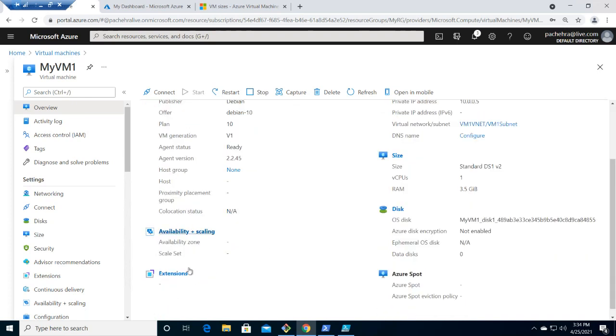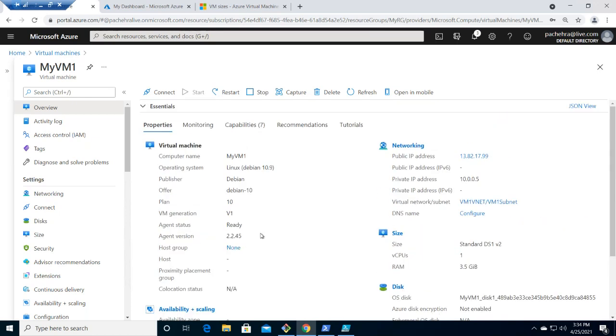Here it talks about the availability and scaling that we are not covering as of now, but Vipin and Ashish have already talked about it. This is the size that we have already talked about. Disk we have covered, like premium, standard, HDD, SSDs, those things.